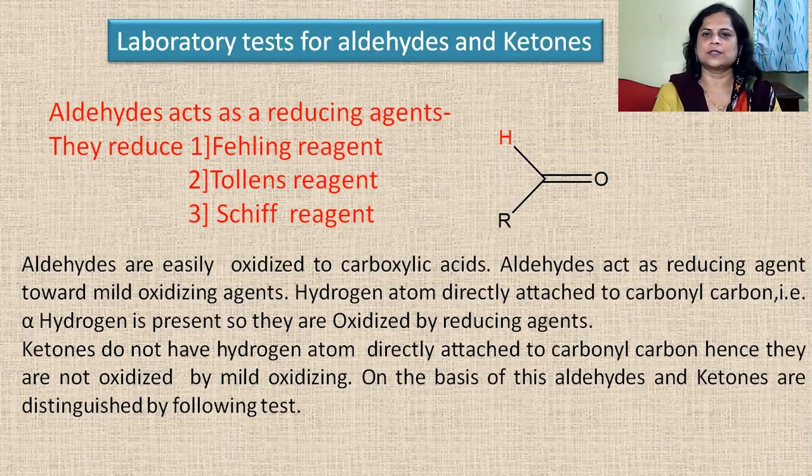The structure of an aldehyde is C double bond O with an H attached. After oxidation, the hydrogen atom which is directly attached to the carbonyl carbon atom is replaced, and oxygen is added there. By the addition of oxygen it forms R C double bond O with an O negative charge, which means we get the acetate ion.